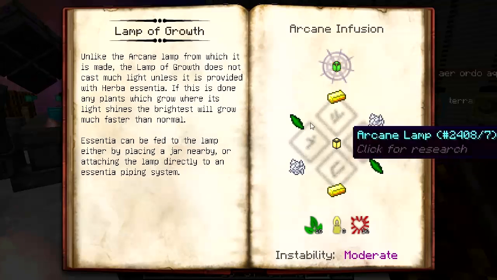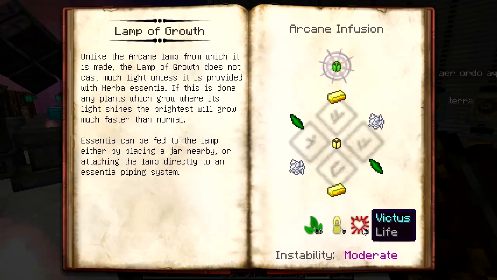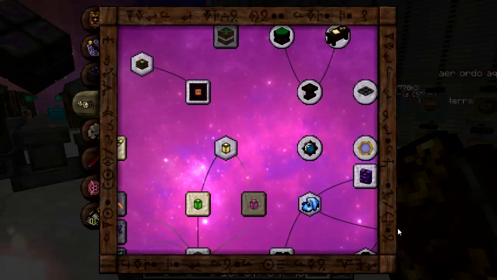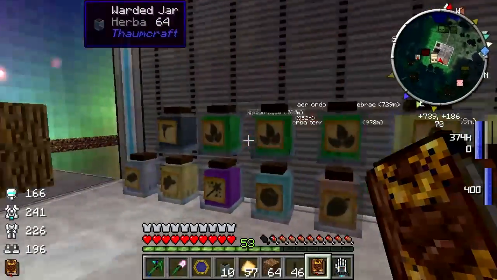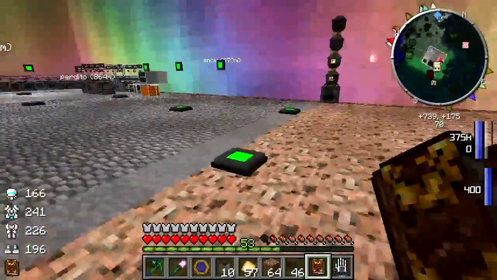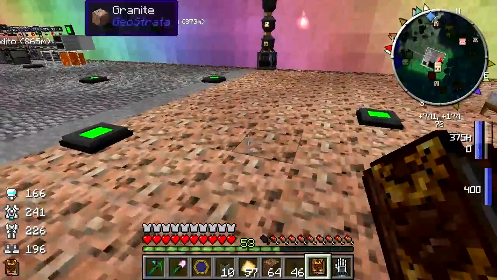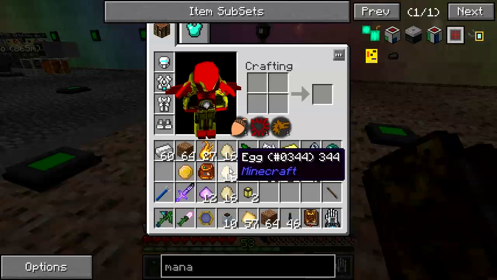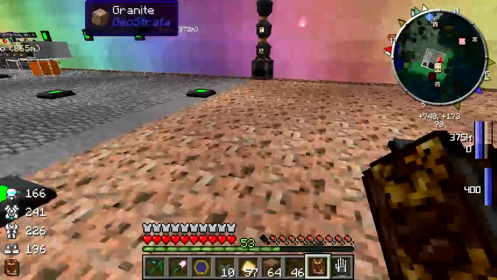Some gold, some earth shards, bone, and 16 herba. I believe that's 8 lux and 16 victus. The herba and lux are no problem. I've got lux right there. I've got herba all over the place. Not a problem. But the victus, I don't have a single jar of that. But I've got eggs that have granum, victus, and bestia in them. So